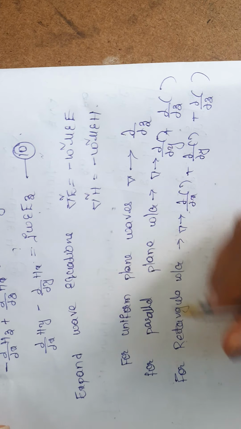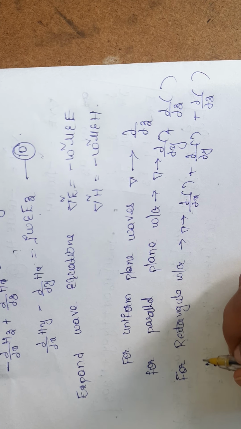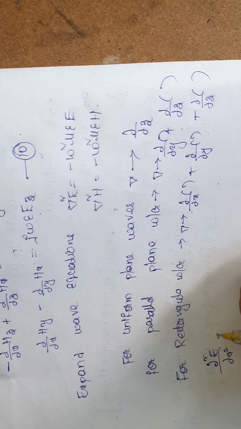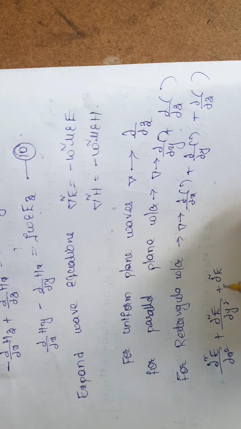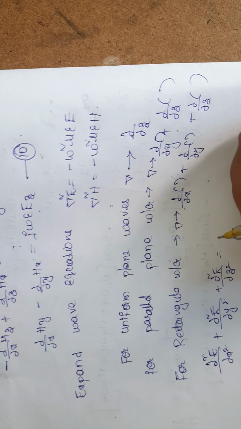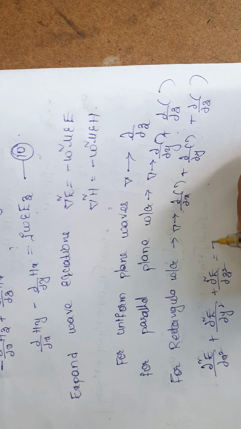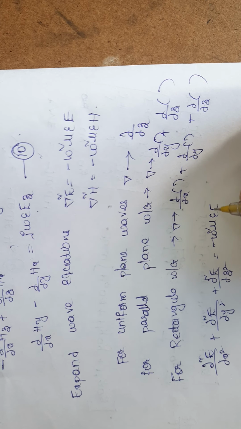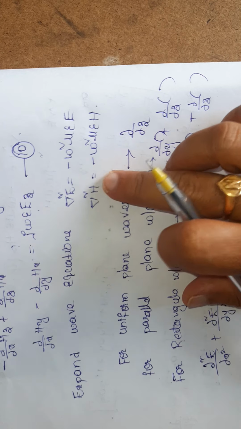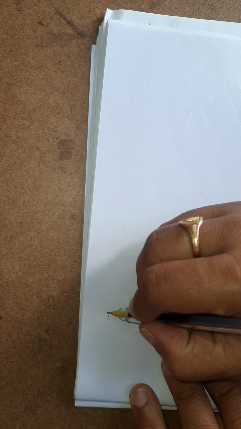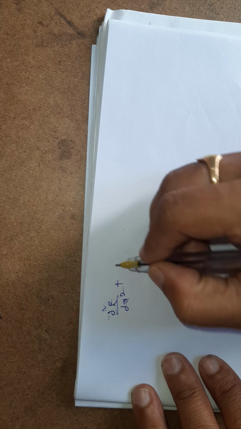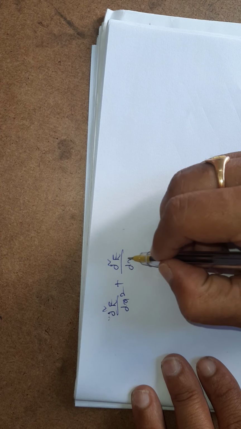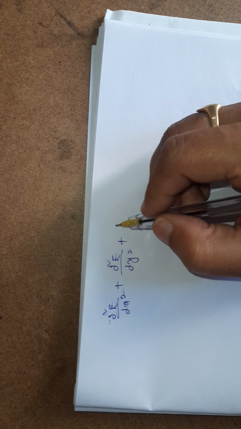So del square E can be written as dou square E by dou x square, dou square E by dou y square and dou square E by dou z square is equals to minus omega square mu epsilon E. Similarly, you have to expand for del square H. So what is the equation I am getting? Dou square E by dou x square plus dou square E by dou y square plus here dou square E